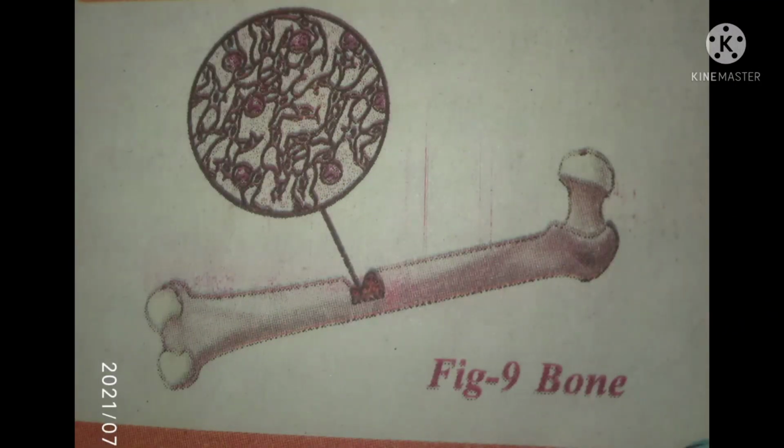Now, if you want to observe the bone tissue in chicken bone, settle it in vinegar or dilute HCl overnight. It is better to do this one day before. Then only the bone becomes soft. Take a piece from it by using knife. This tissue is useful for movements in our body.